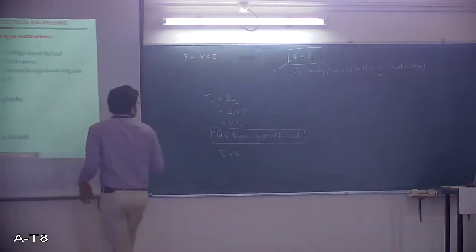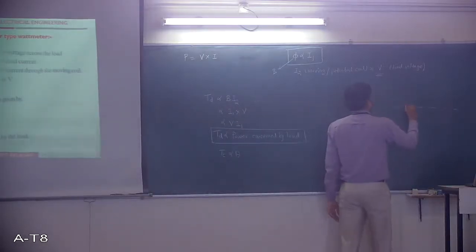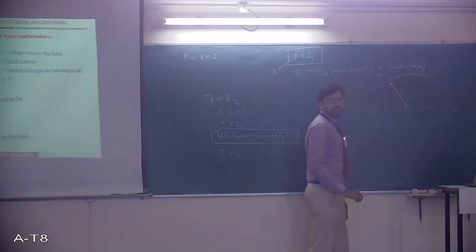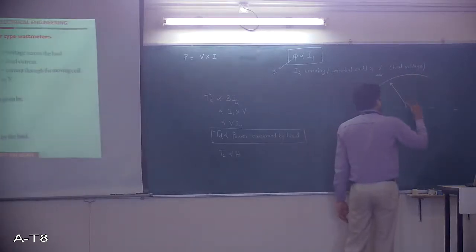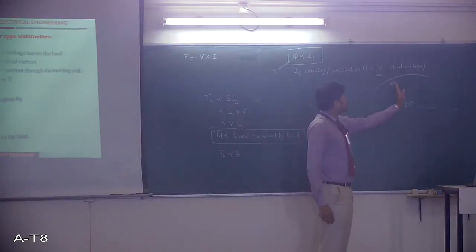Think that this is my reference axis and look at this. This is my pointer which is moving over the graduated scale. Whatever is the angle that it is making with the reference, depending upon how much it is moving,